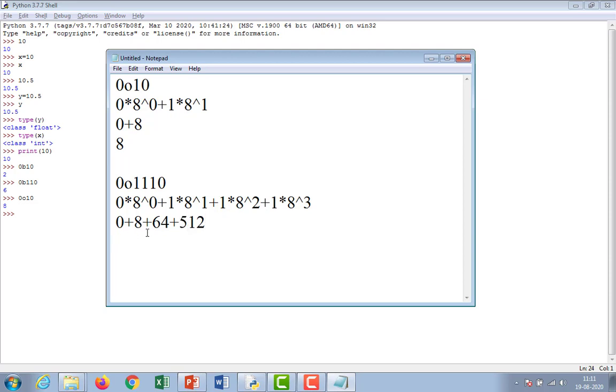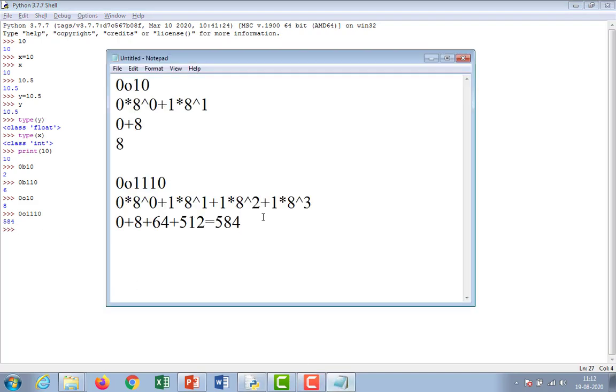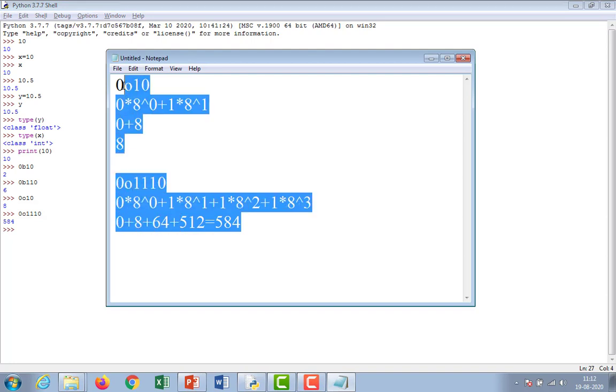The results will become 0 plus 8 plus 64, 72. 72 plus 512, 584. Please check: 0 1 1 1 0. The output becomes 584. This is octal number.